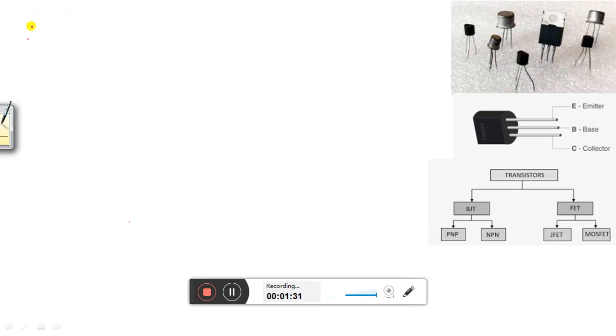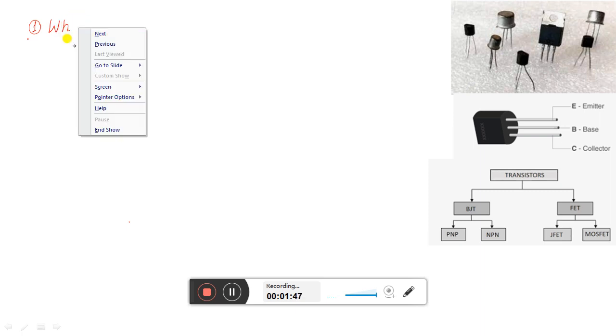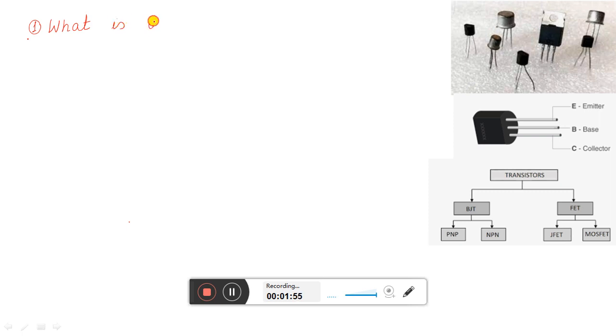Question number 1: what is a transistor? The answer to this question is,